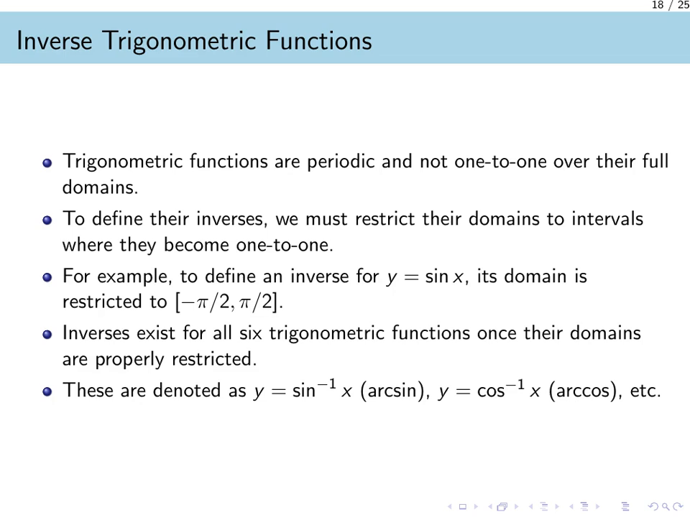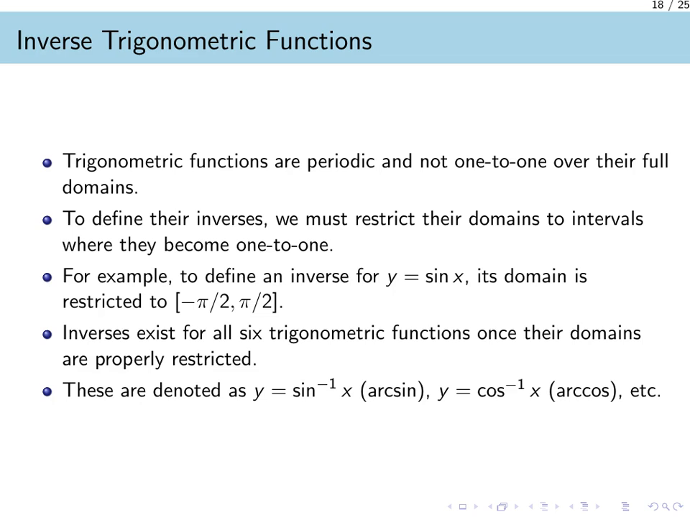To define inverses for the trigonometric functions, we first need to make them 1-to-1. The original functions are periodic, meaning their values repeat, so a single output can correspond to infinitely many input angles. To solve this, we restrict the domain to a specific interval where the function becomes 1-to-1. For example, with the function y equals sine of x, we limit its domain to the closed interval from -π/2 to +π/2. On this interval, every output has a unique input, which is the necessary condition for an inverse to